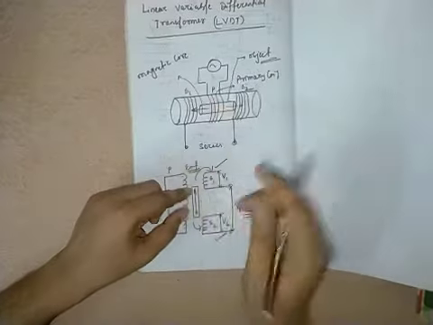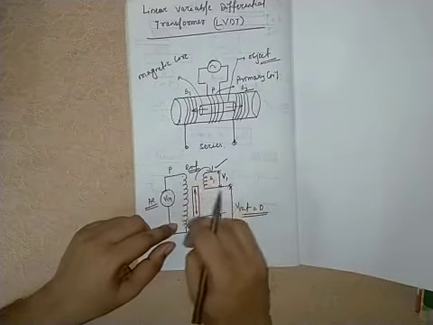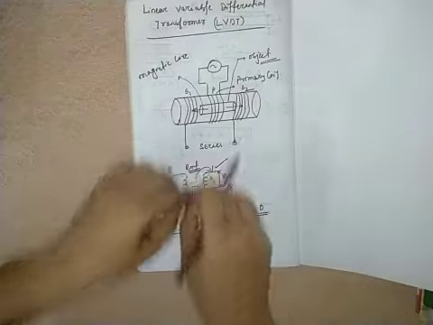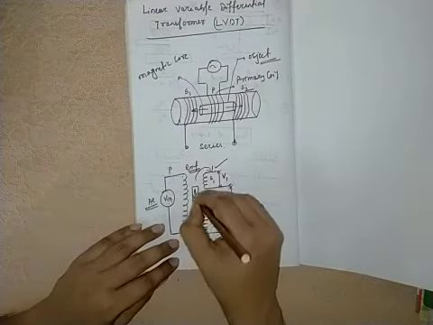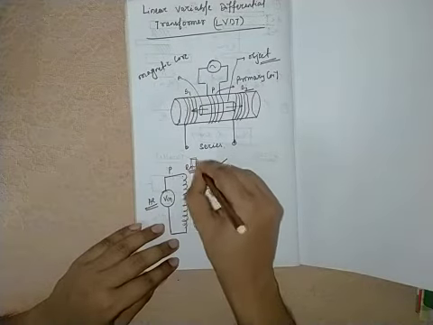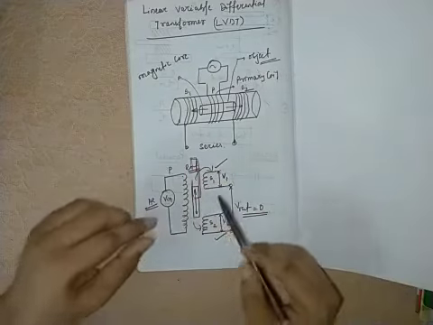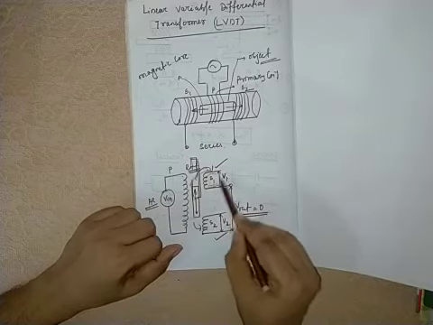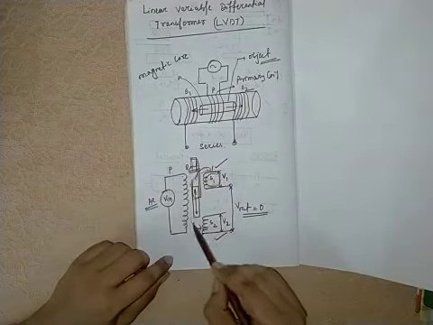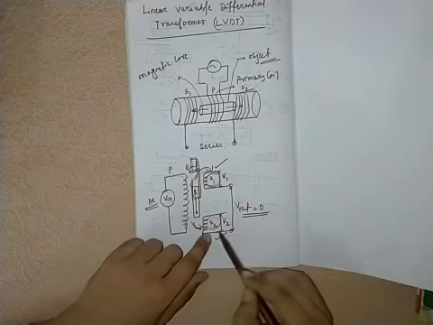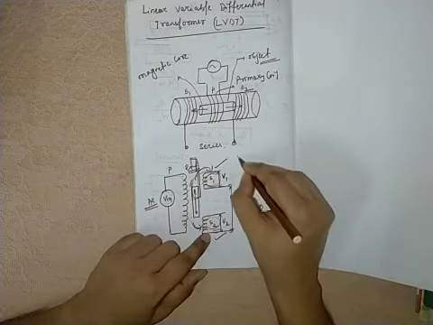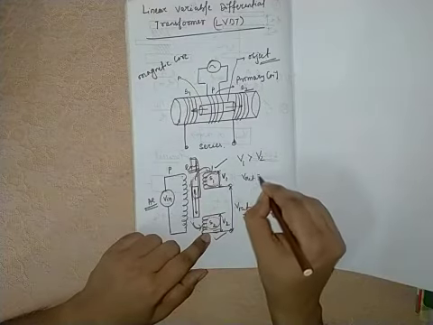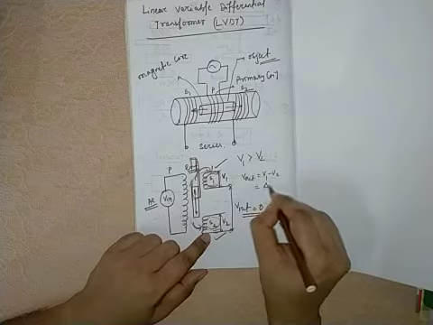If the object moves, then the magnetic core, which is connected to the object, moves either in the upward or downward direction. Let's suppose the magnetic core moves in the upward direction. Then the maximum voltage will be created in S1, and the minimum voltage will be created in S2. Now in this case V1 is more and V2 is less, and the resultant output will be V1 minus V2, meaning you will get delta V.